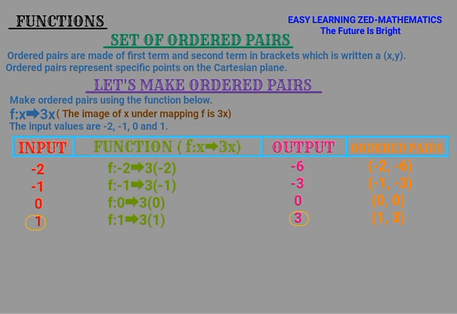Okay, so basically this is how you find ordered pairs. Ordered pairs are very important, and the essence of you knowing how to find ordered pairs is so that you know how to find coordinates if you are dealing with graphs. So when you are doing functions, or you are dealing with a lesson which is called the Cartesian plane, you are supposed to find the coordinates and then come up with a graph. So this lesson is very important to help you come up with